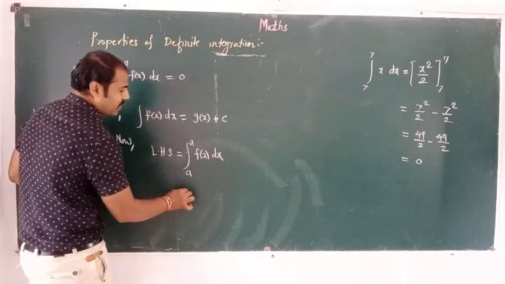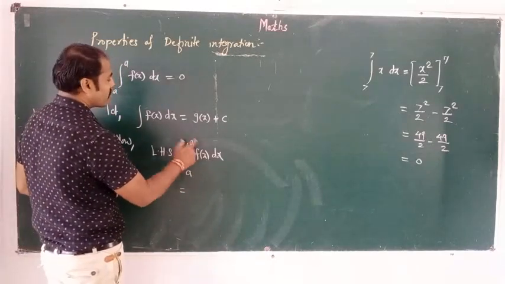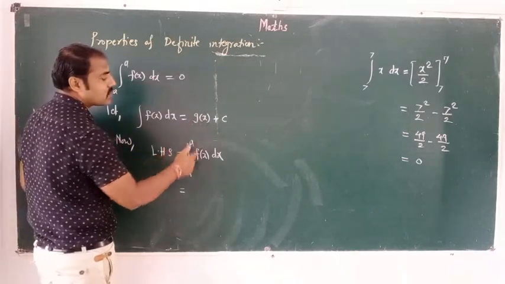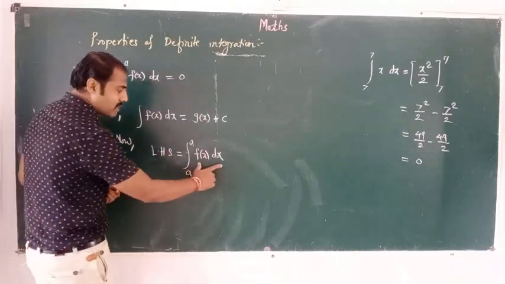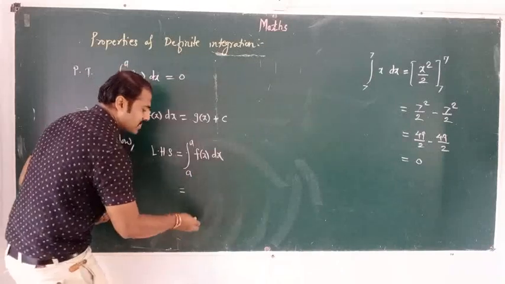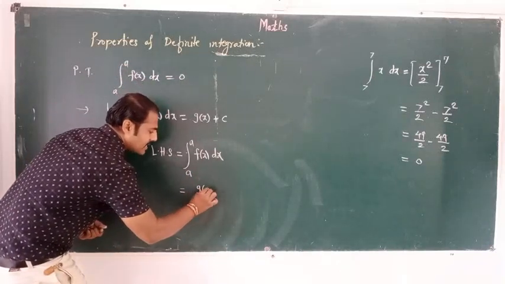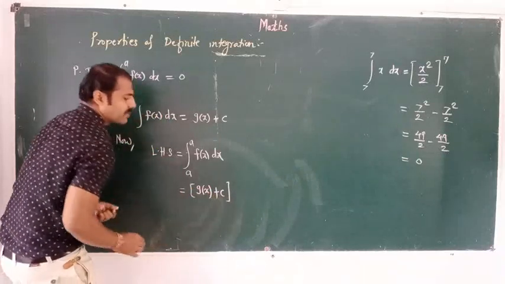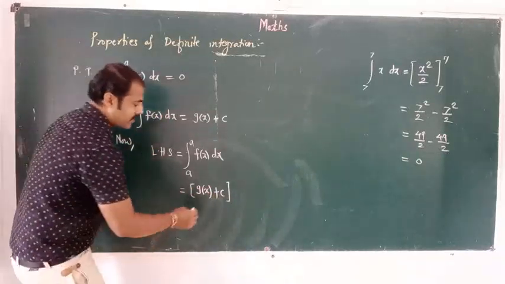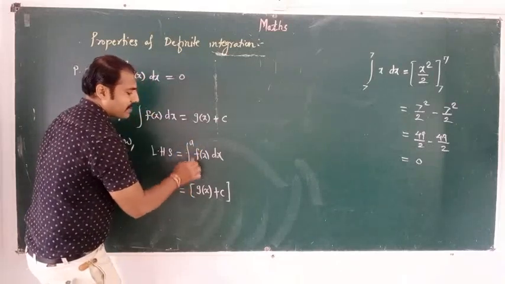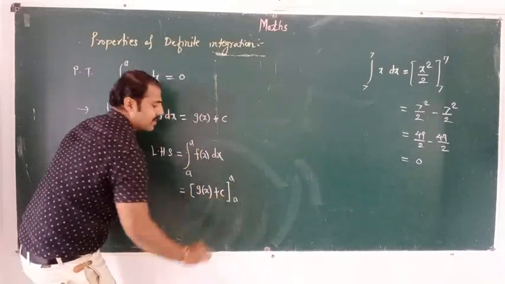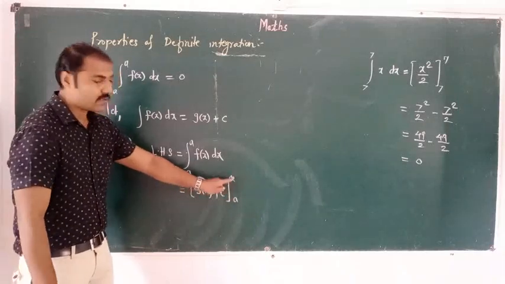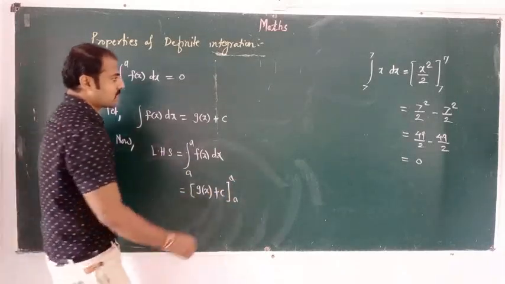But we know that the indefinite integration of f of x dx is equal to g of x plus c. So put a bracket for that primitive g of x plus c and write the limits, lower limit and upper limit here. The value of the primitive from a to a,